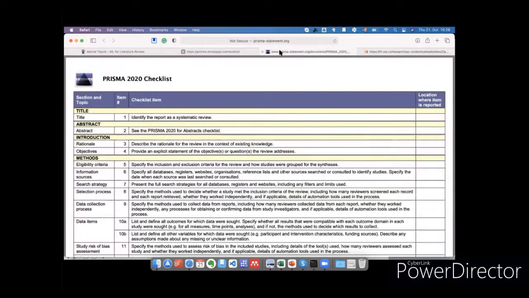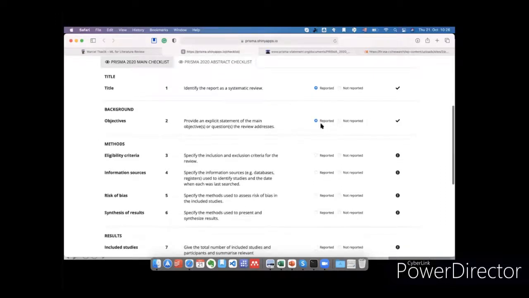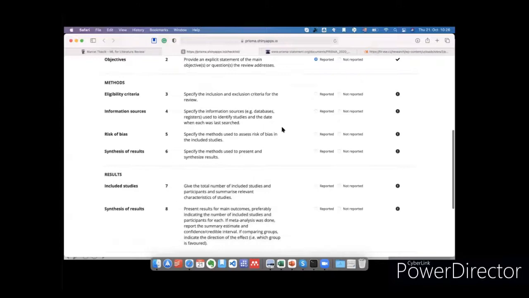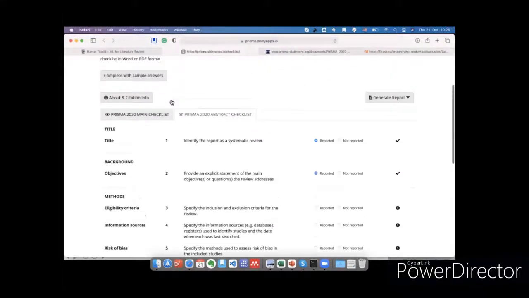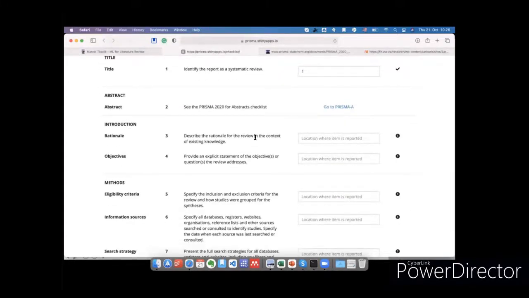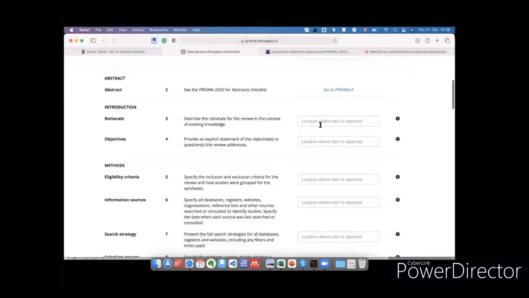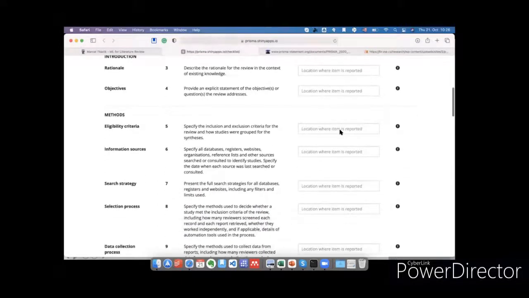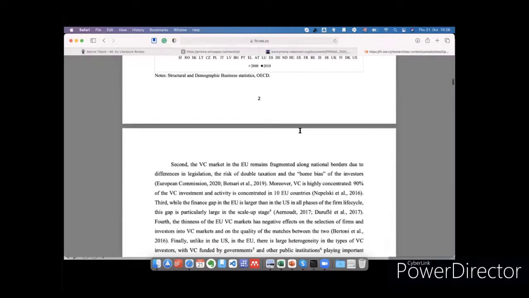So when I'm writing the abstract, did I provide an explicit statement of the objective? I think I did. And so on. You can go and rate your abstract, and this directly tells you how to write a paper. If you go there, describe the rationale for the review. This is again not for the abstract, but for the main paper, eligibility criteria. You can just read the paper. I also put it there, it's there in the introduction,